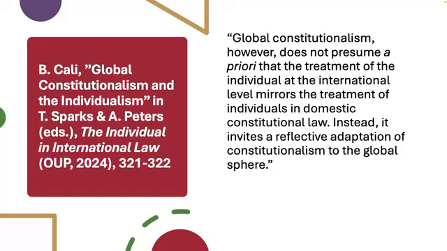And we'll get to looking at that in future lessons on global justice, looking at the ways in which people like, for example, John Rawls in Law of Peoples takes some of the principles that he establishes in A Theory of Justice and Political Liberalism and basically applies them to an international sphere, and how movements like cosmopolitanism challenge that basic framework. But a similar thing can be said about this. Can we just take the basic ideas of a constitution in a domestic setting and say, well, let's just apply them to the global sphere?